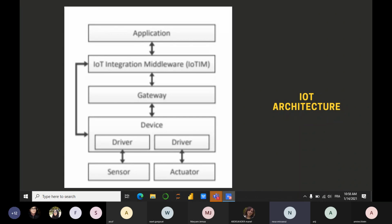The actuators. So we have just a cycle. The devices are hardware components integrated or connected to sensors or actuators by wire or wireless. They have the process and storage capacity to run software and establish connection to the IoTM. The driver is a software running on the device, enabling uniform access to heterogeneous sensors and actuators. The sensors capture the information, transfer it to the device, and the device transfers it to the gateway,